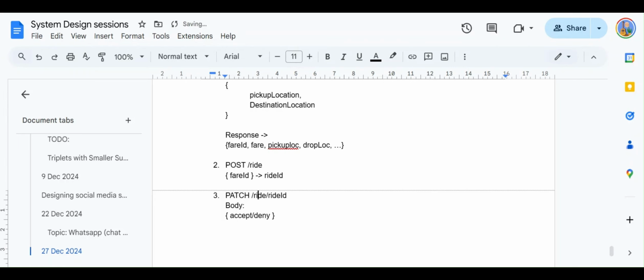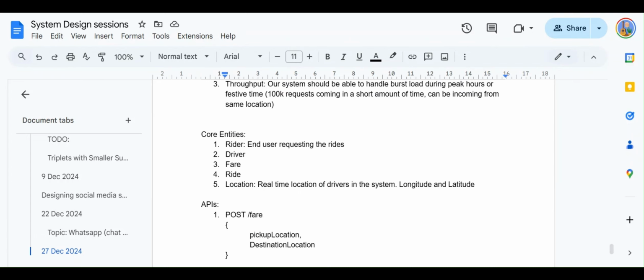Can someone tell me the difference between patch versus put, if you are aware of the REST APIs? The difference is that put replaces the entire object on the backend, but patch is used to modify that object partially.